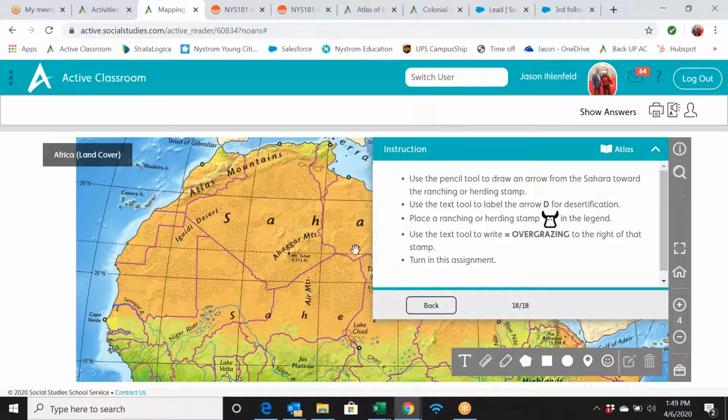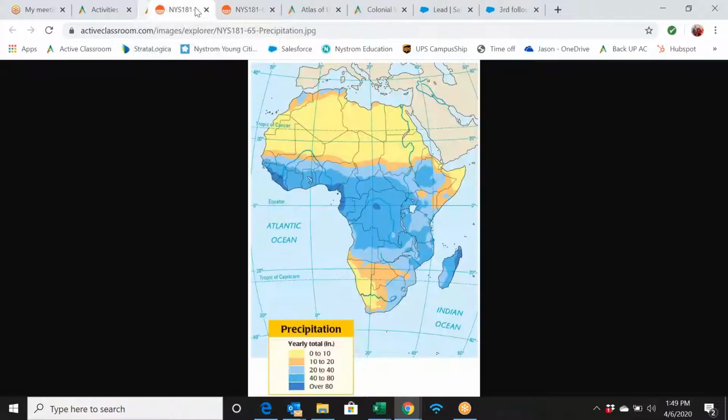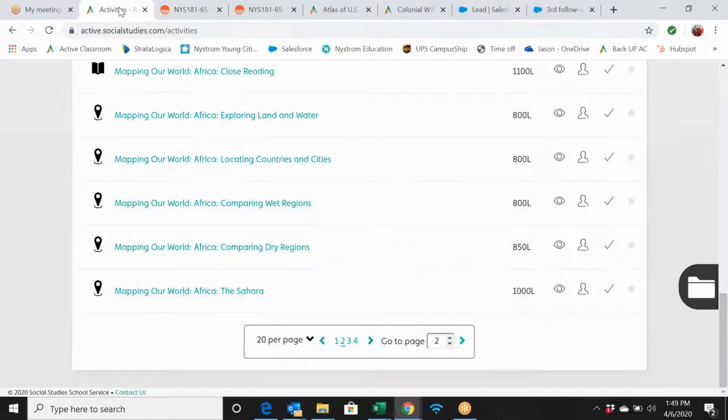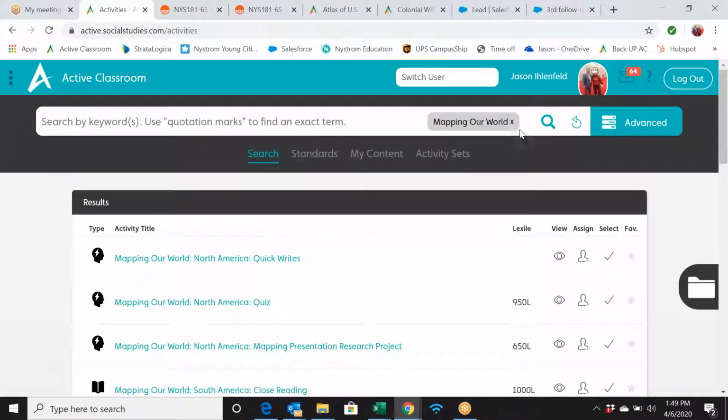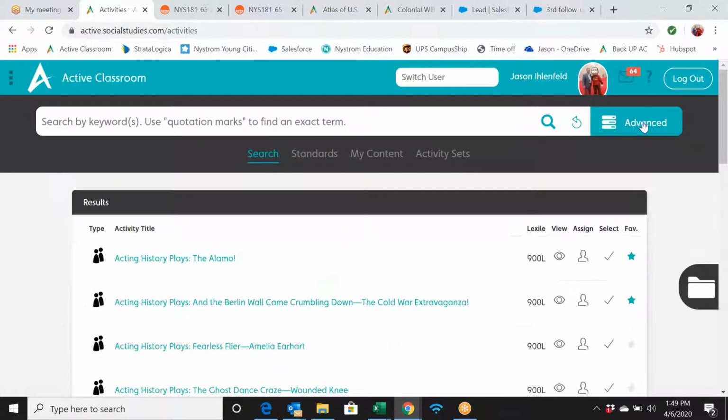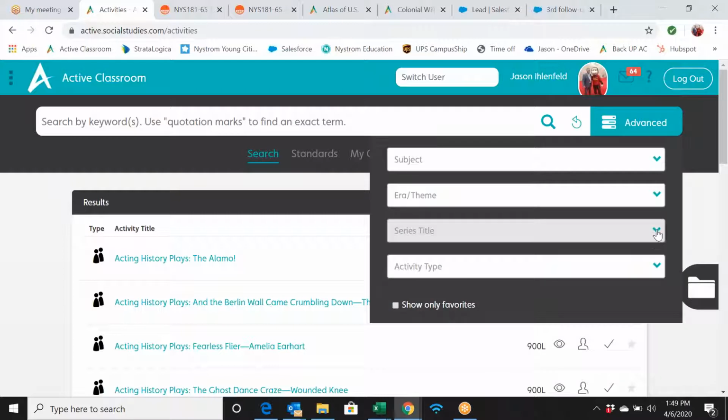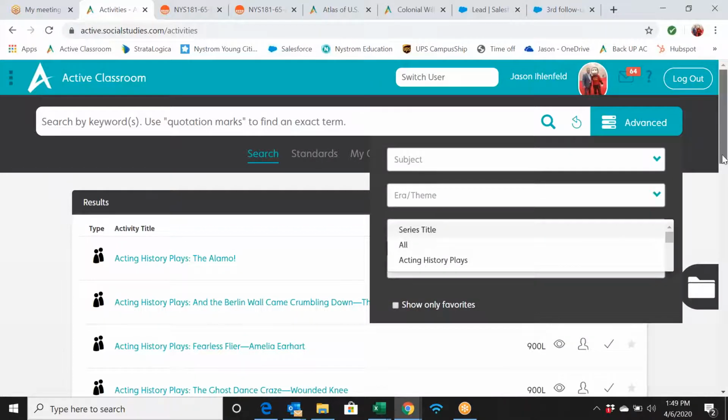So it's a really good mapping activity. They're learning about the names of the countries, and they're learning about some of the political and cultural aspects as well as they work through the activities. So these are really fun, hands-on types of mapping activities. Those ones are not printable, unfortunately. So sorry about that. One more thing I'm going to show you guys for 6th grade world cultures is from